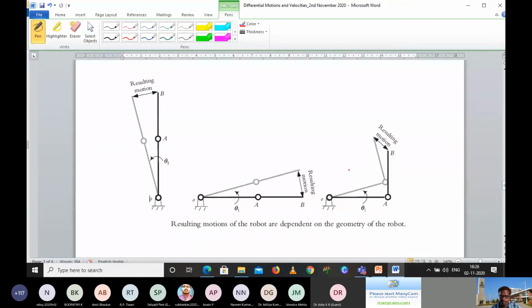So this is a simple example of that. If the Jacobian depends on the position, then this is, for example, time T1, this is time T2, and this is time T3. So definitely Jacobian 1, Jacobian 2 and Jacobian 3 will not be equal. This is not equal to this, and this is not equal to this.